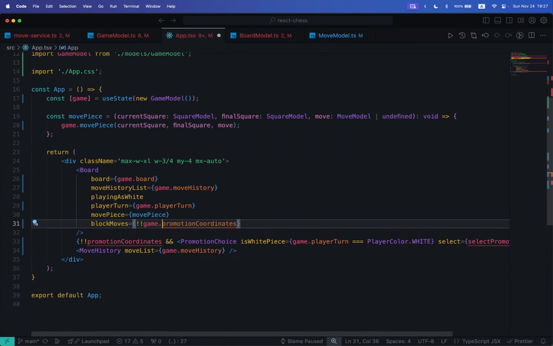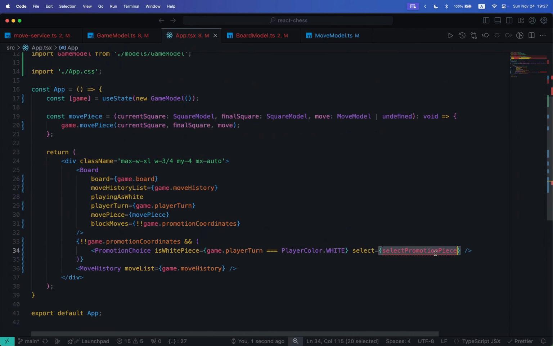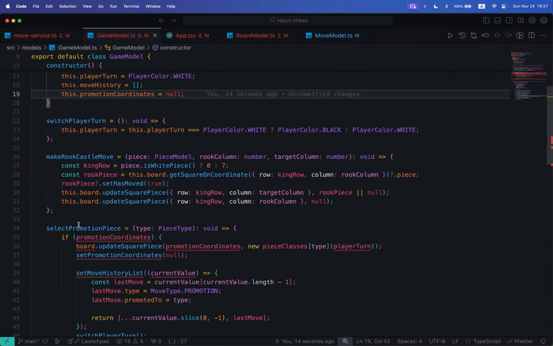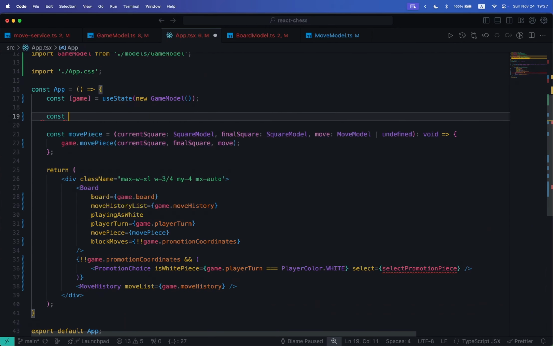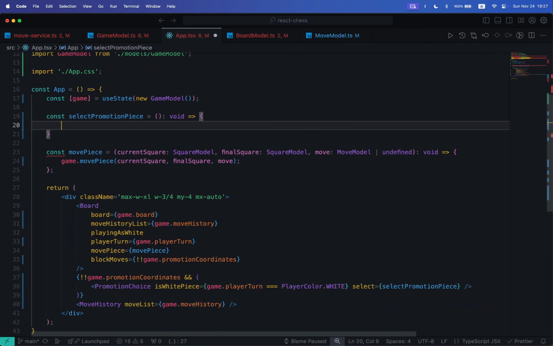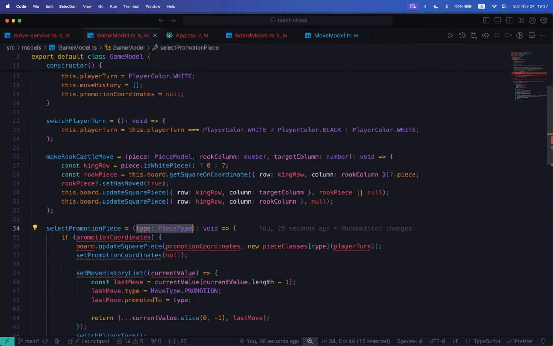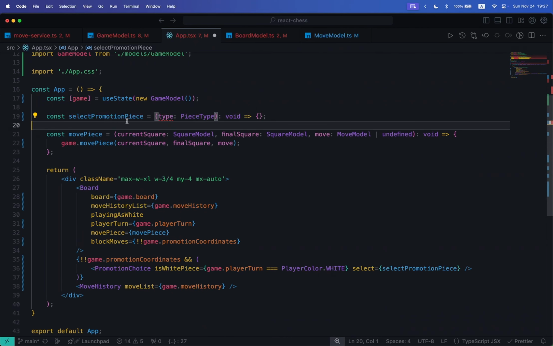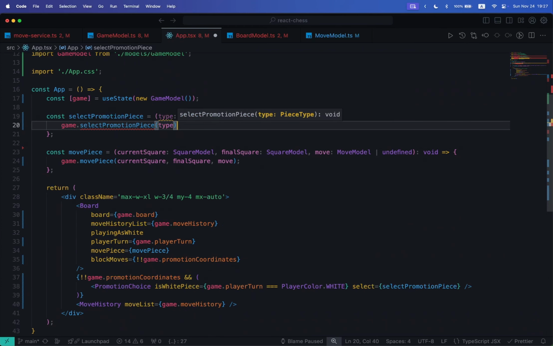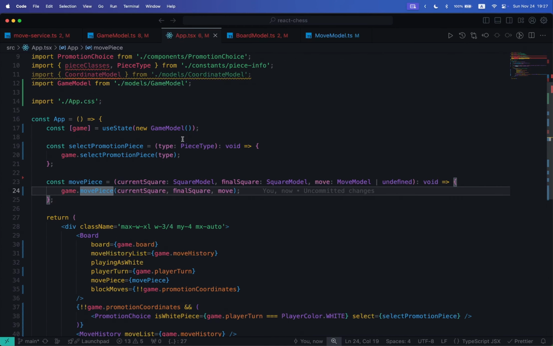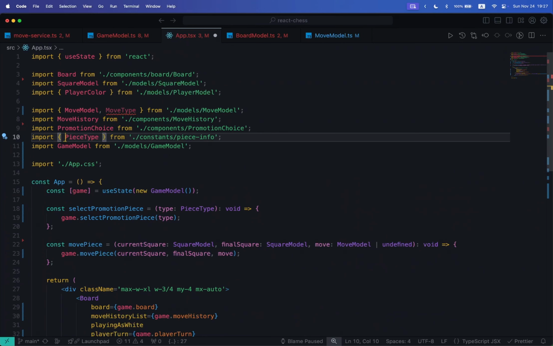And now game.promotionCoordinates, game.promotionCoordinates, select promotion piece. We also need to have this function here just to call the one in the game model. Let's go, it here. Const. This will be a void and receives a type piece type. The function will be game.selectPromotionPieceType. Like so. Our app completely refactored and much, much simpler,